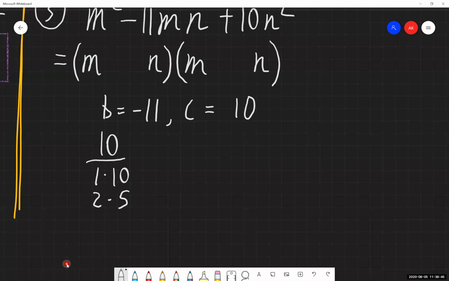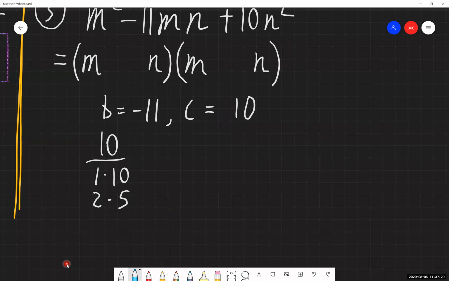Now sign analysis. Always look to your C value first. That tells you if the signs of the columns are going to be the same or different. So if our C value is positive, that tells me the columns are going to be the same sign. The C value does not tell us which sign they will be, but it tells us whether they're going to be the same or different. With C being a positive 10, that tells me that both of my columns are going to either both be positive or both be negative. That's all that C can tell us.